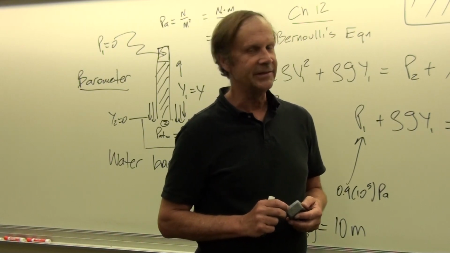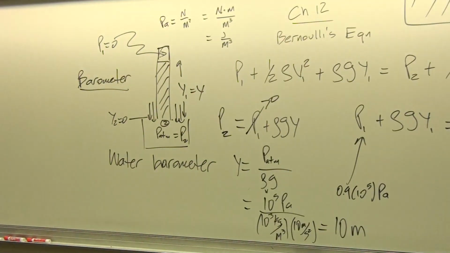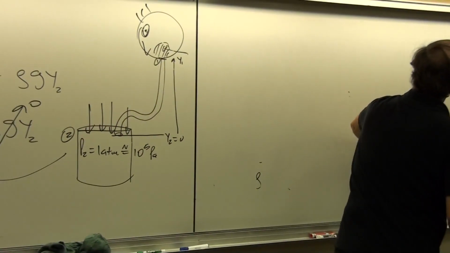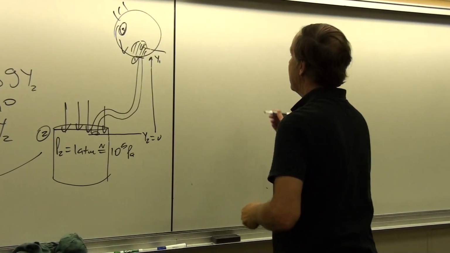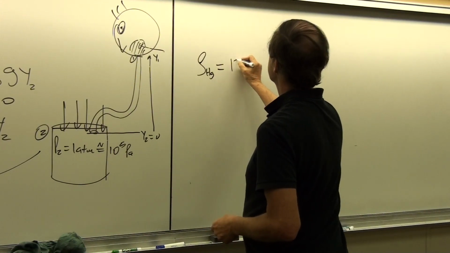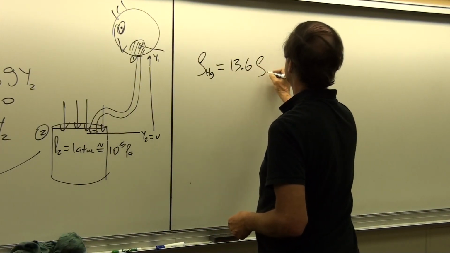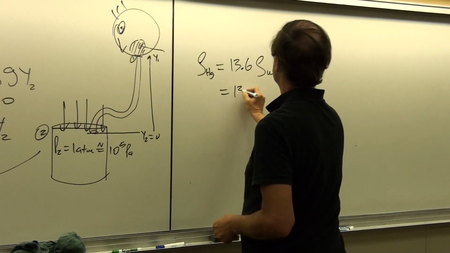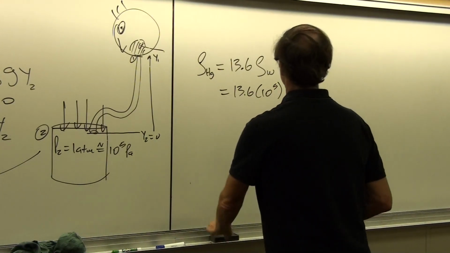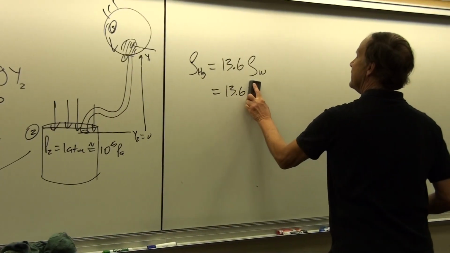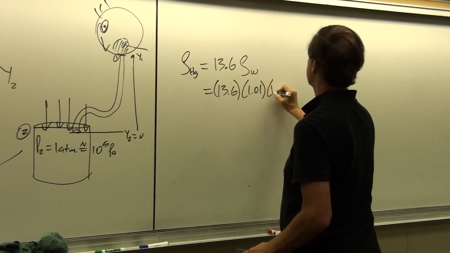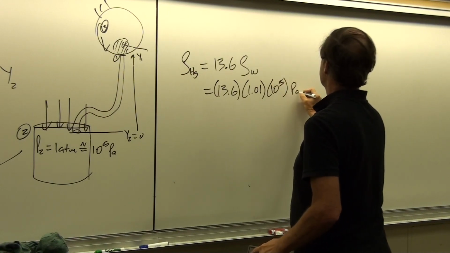But historically, at least, if we use mercury, let's try that over here, we'll just change the density of the fluid. So the density of mercury has a specific gravity of 13.6, and so that means it's 13.6 times the density of water, or 13.6 times 10 to the 5 pascals. And if I'm going to be really accurate here, I'll say times 1.01, because I want this to be exact for this particular calculation. 10 to the 5 pascals.